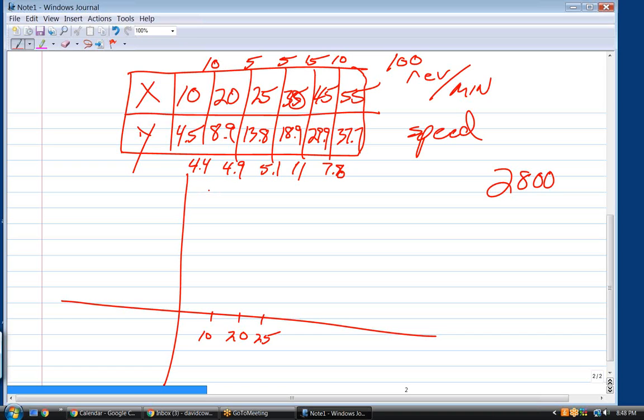Right, okay, so the difference between that is 0.5. Difference between that is 0.2. But the difference between these two, I mean, we have a huge jump up here. We go from 30, that was 30, correct? Yeah. We go from 30 to 45, and clearly we should go from 18.9, quite a big jump there.